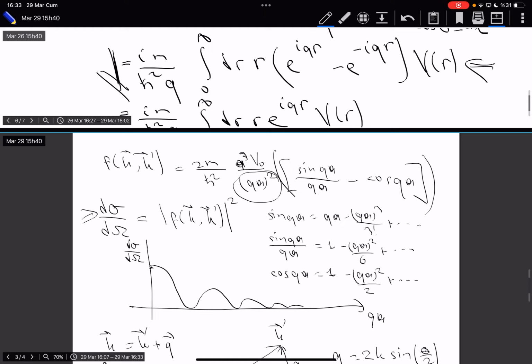Just one last thing: when we calculate, I'm given a problem, some potential. I compute